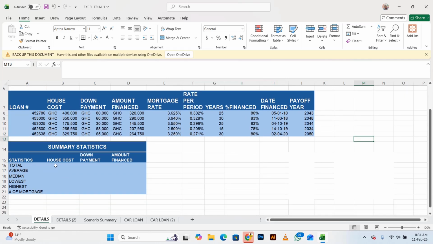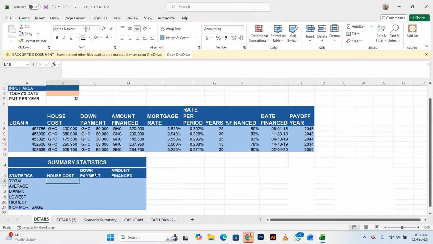So now we are coming to the second one, which is the summary statistics. In the summary statistics too, we want to know the total for house cost, down payment, and then amount financed. Normally, this is not for one person. This is the total number of loans or mortgages that you have given. And then you want to find the total house cost. The formula for finding the total is equal to, now, because this total is in a range and they are not separate, if maybe we are finding the total for house cost and amount financed, we would have to keep